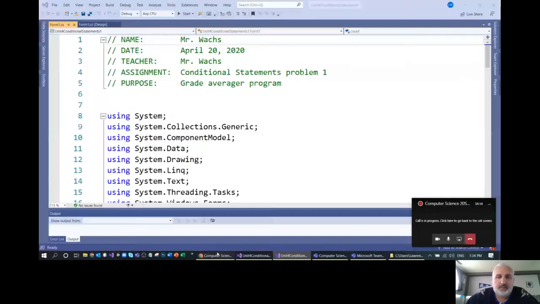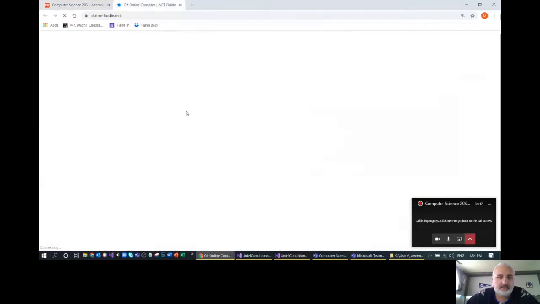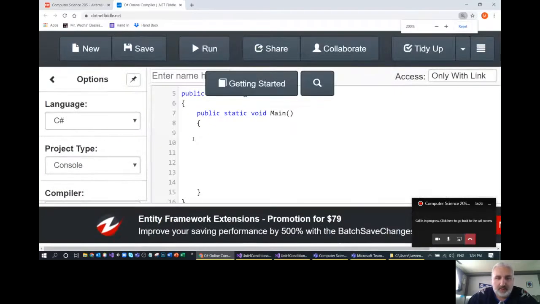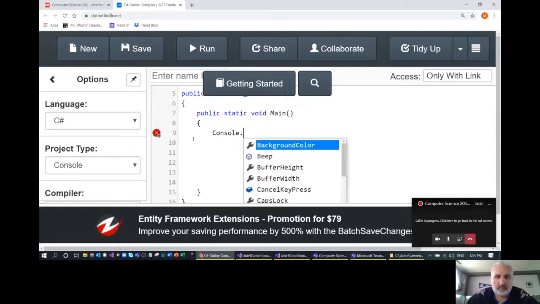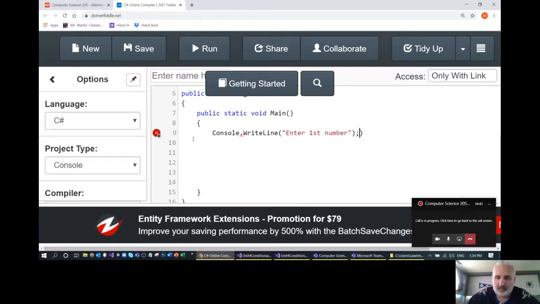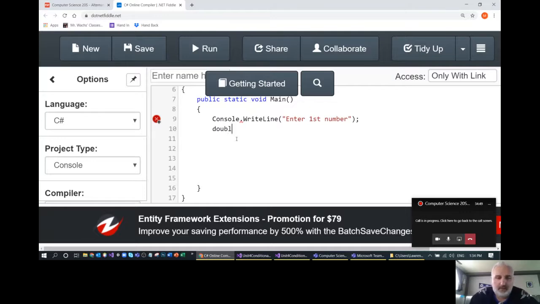Okay, so how would I do that? Well, with this particular program, try and zoom in a bit. Now do the console.writeLine. And you can display that you want to enter the, I'll do this, first number. So that's how that would go. And then number 1, I'll just shorten it to that, would be equal to,